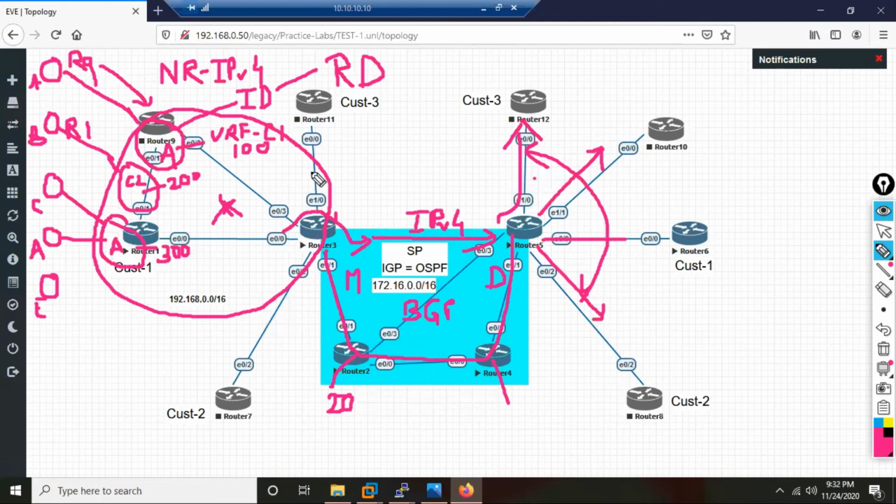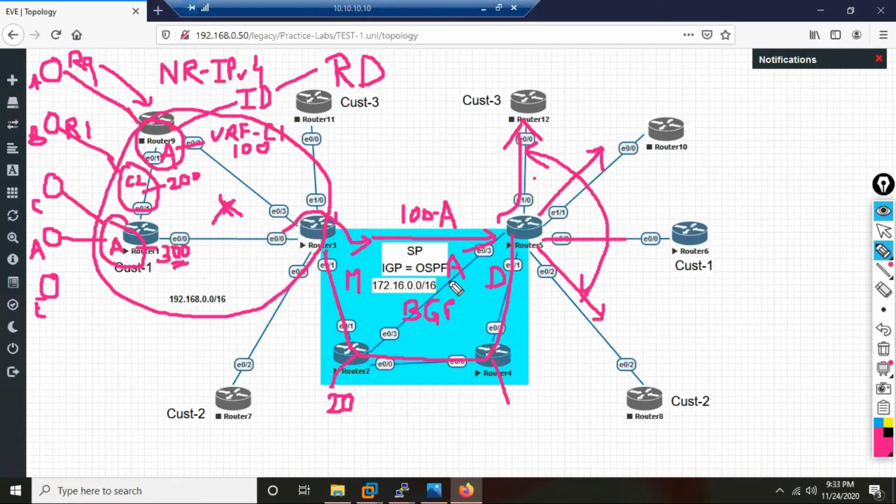And now when you receive this route, route A is coming. When you are redistributing this route of customer 1 A, and when R3 will forward this route, customer route A, to R5, it will carry what? That sticker of 100. It will be like 100A or A100, whatever, doesn't matter. Then let's say another customer, customer 3, also has route A, but what is his ID? 300.